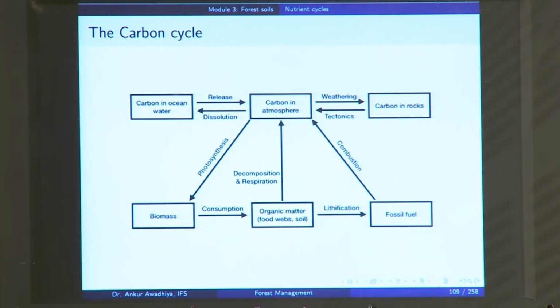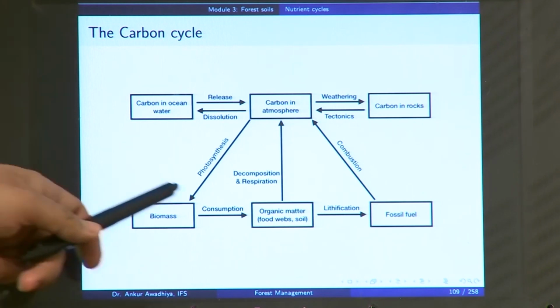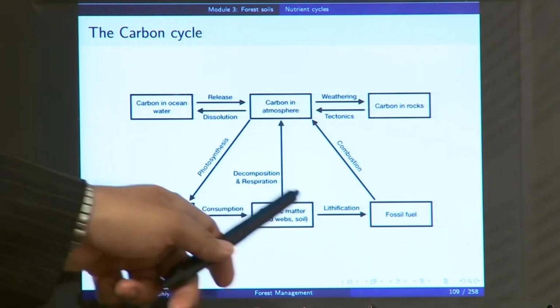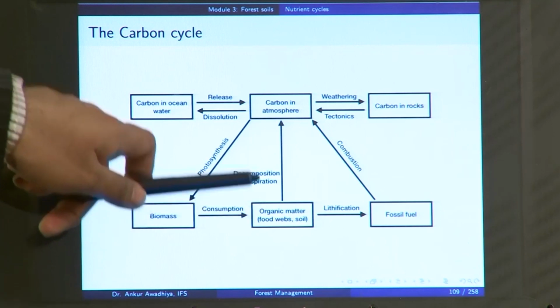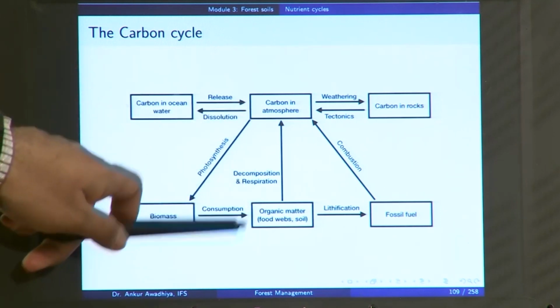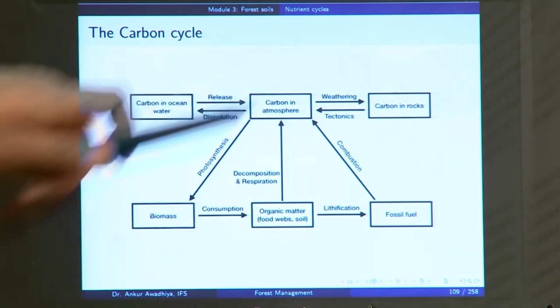So, once it has entered the biomass, it gets eaten through consumption and reaches the organic matter. This organic matter may in turn get decomposed by decomposers, and the carbon will be released